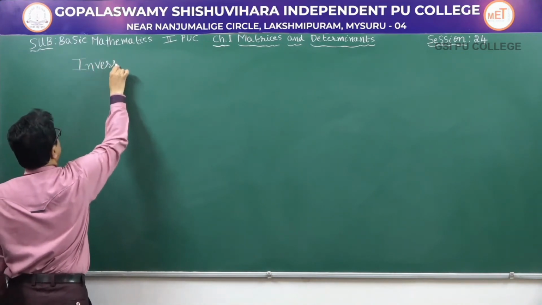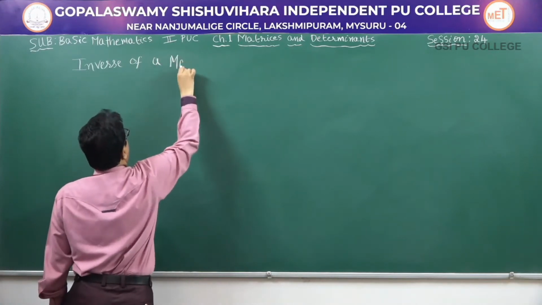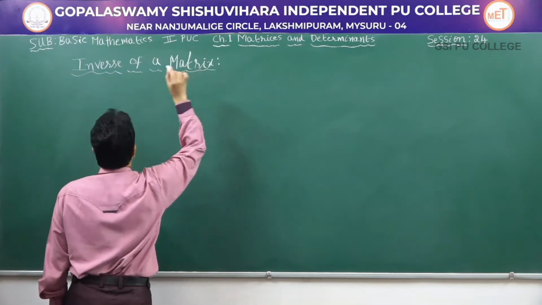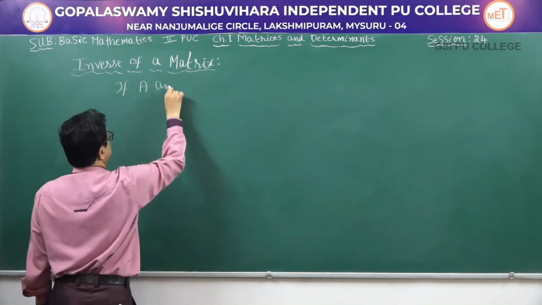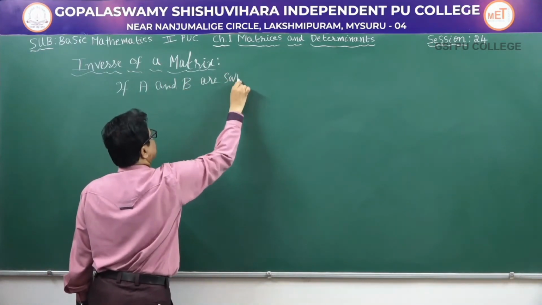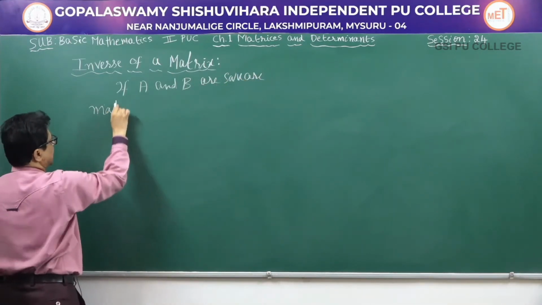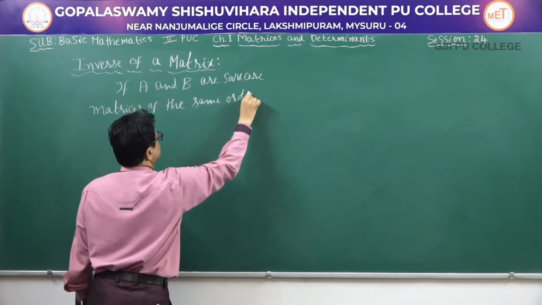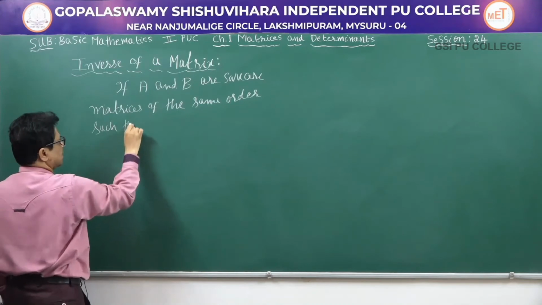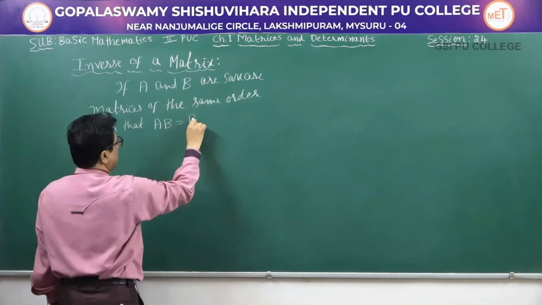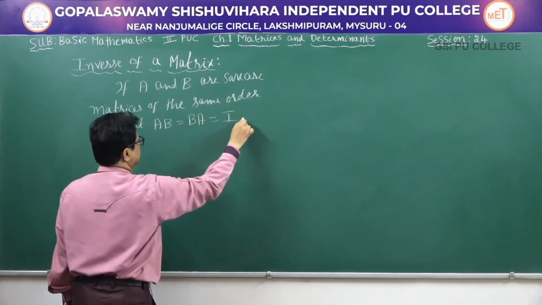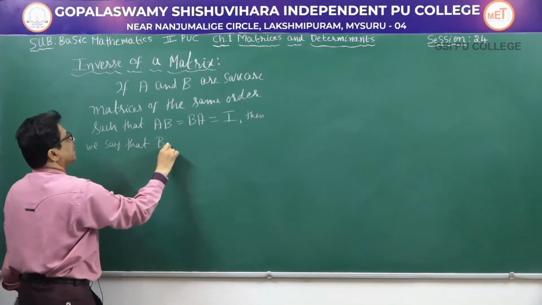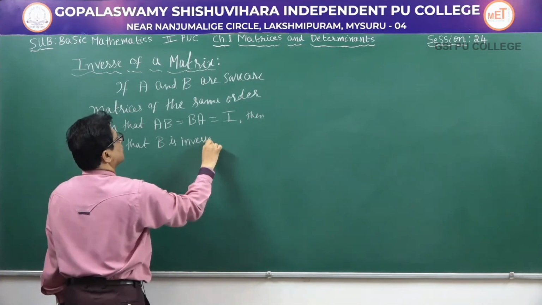Next we shall discuss what is meant by inverse of a matrix. Inverse of a matrix. If A and B are square matrices of the same order such that AB is equal to BA equals I, then we say that B is inverse of A